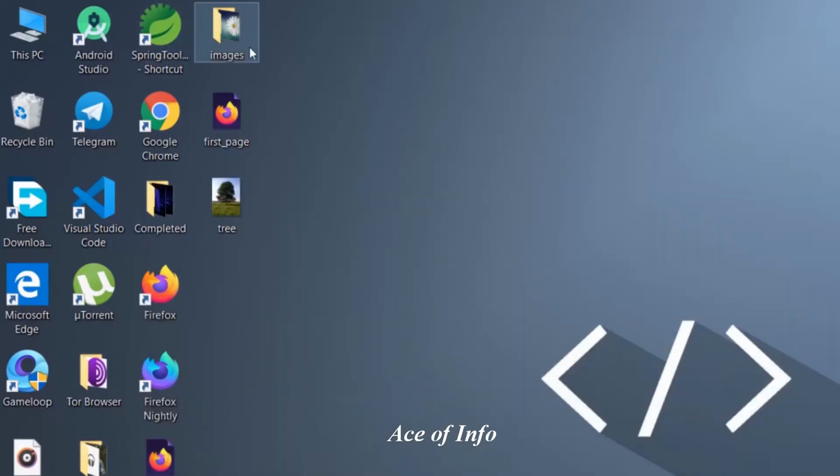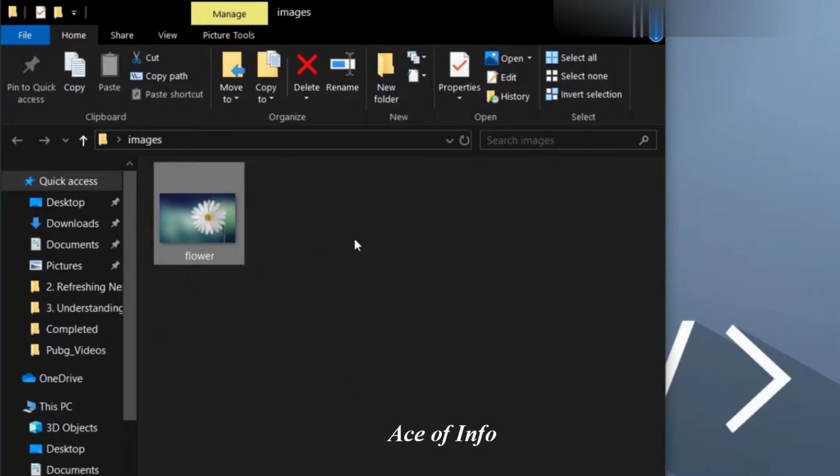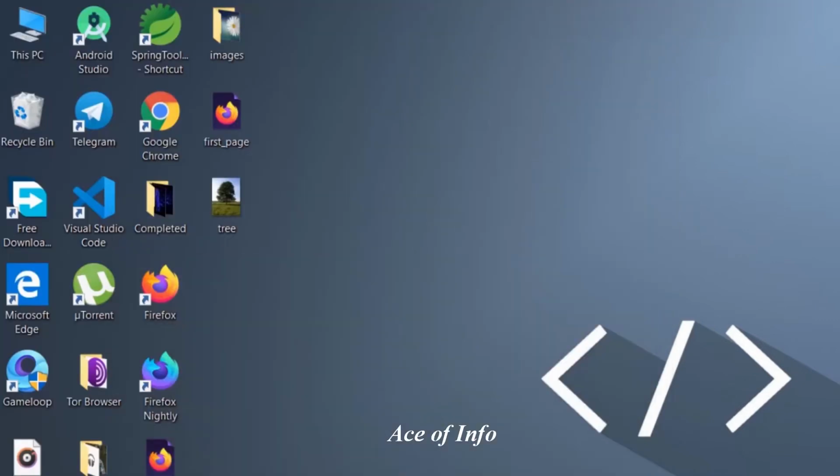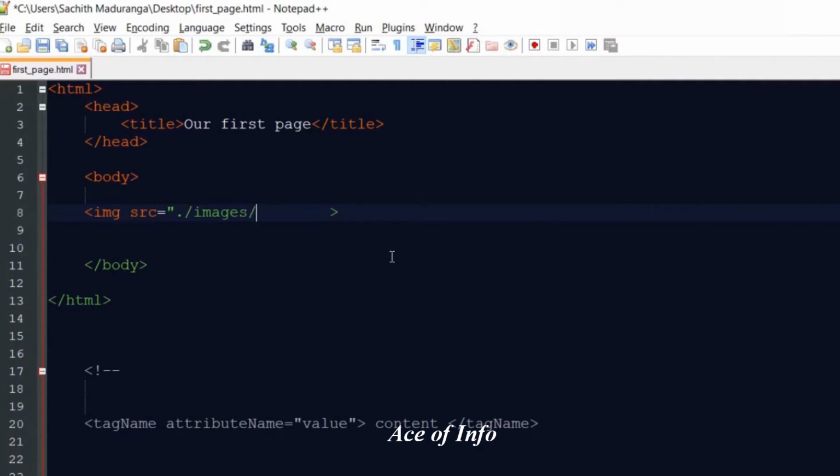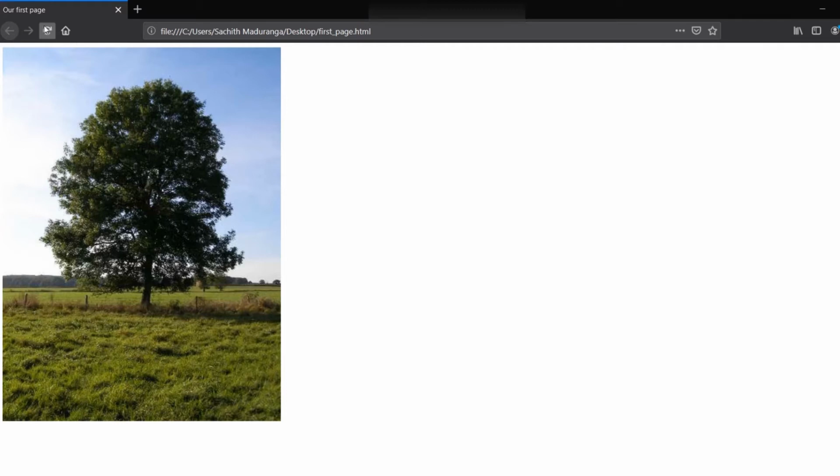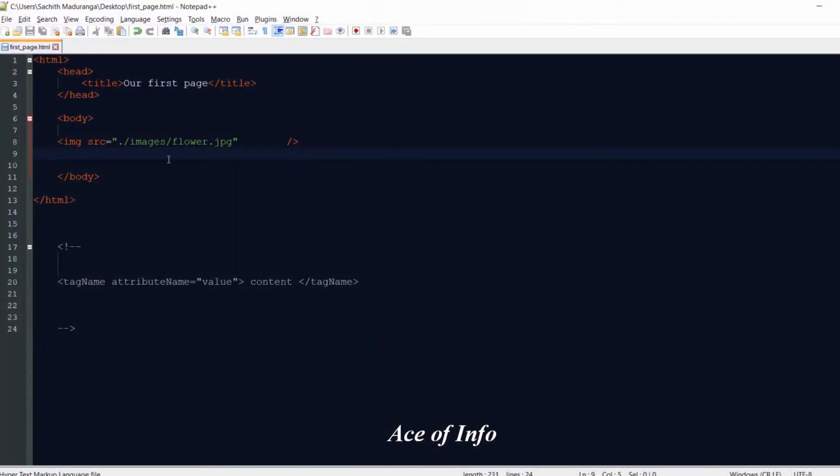You see images, the folder name, and inside this folder I have the image called flower, and slash flower.jpg, and I close this. If I save this and go to the browser, now you can see this flower. So it doesn't have to be the same directory, but you have to specify the path if you are using an image from a different directory.